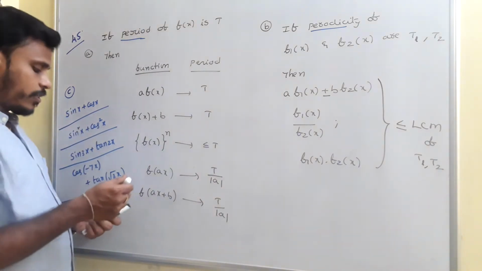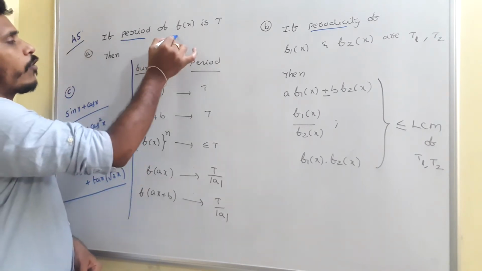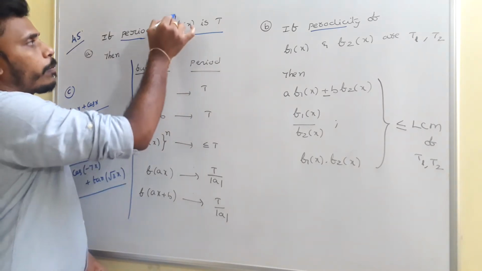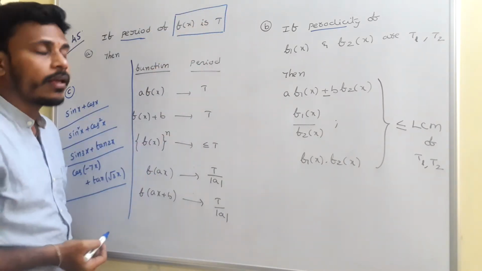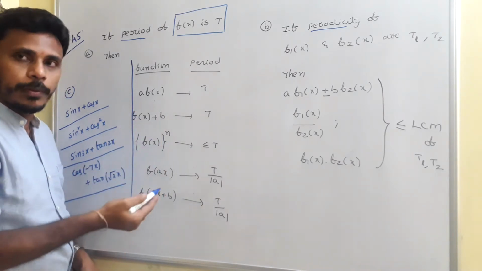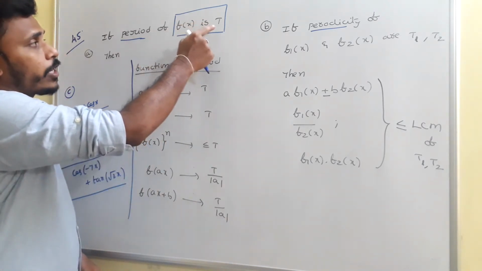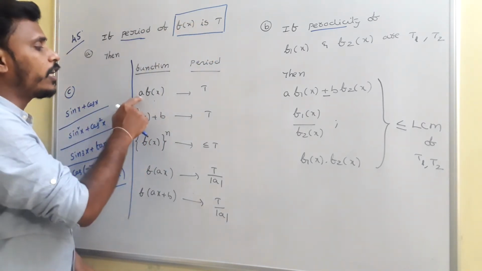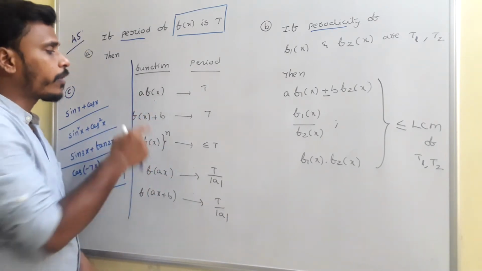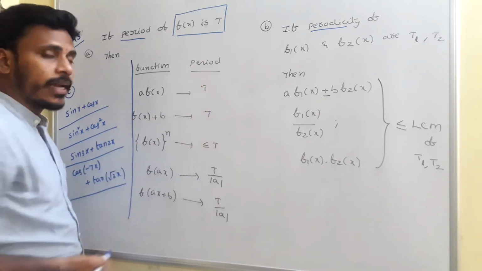So first of all, what is A? When you look there, this is A. Suppose I have a function f of x whose periodicity is T. If the period or periodicity of the function is T, then what can we say about the period and periodicity of these functions? A into f of x. Since f of x is periodic with periodicity T, a into f of x, this constant won't affect the nature of f of x, okay? So its periodicity is again T. f of x plus b is again T.